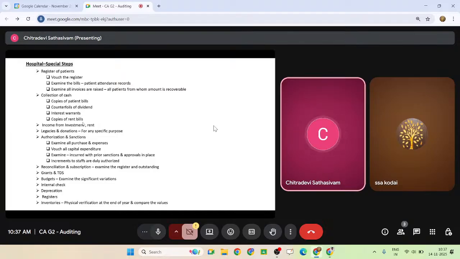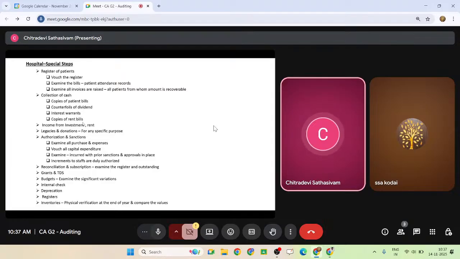Okay, sorry. So from that aspect, you have to check it out. This is one thing. And the second thing is, when you have any inpatients who can be admitted and then further treatment goes on, for all those patients there is a room charge, and also operation theatre fees. So in all these aspects, you have to check it out. Being a chartered accountant, you have to examine all these areas.